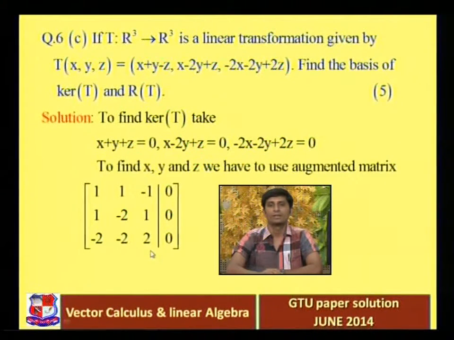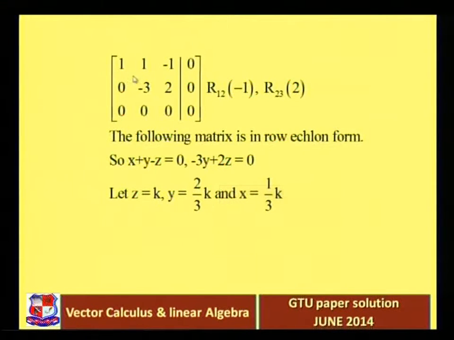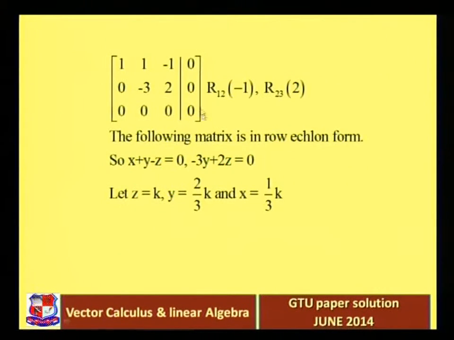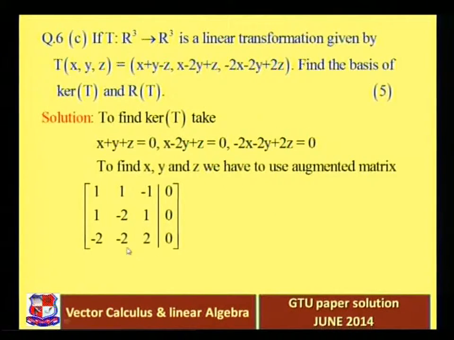2. Now when you multiply first row with minus 1 and add into the second row, and when you multiply first row with 2 and add into the third row, 1 1 minus 1, so 1 minus 1 0, minus 2 minus 1 minus 3, and 1 plus 1 2, okay. Also when you multiply first row with 2 and add into the third row, you will get 0 0